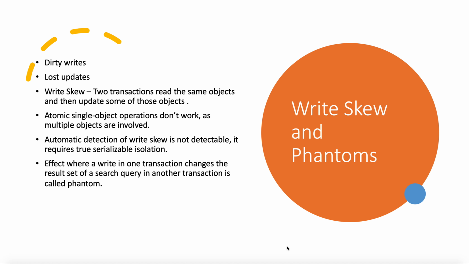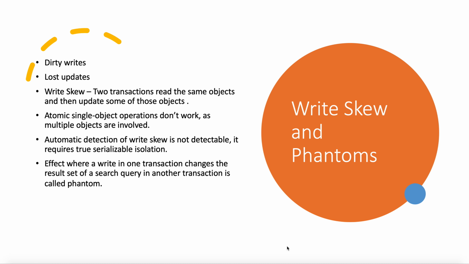In the previous sections, we studied two race conditions, dirty writes and lost updates. These are race conditions which can occur when different transactions concurrently try to write to the same objects. To avoid data corruption, those race conditions need to be prevented either automatically by the database, or by manual checks in the application, or by using locks or atomic write operations. There are some other race conditions as well, which we are going to understand with the help of an example.